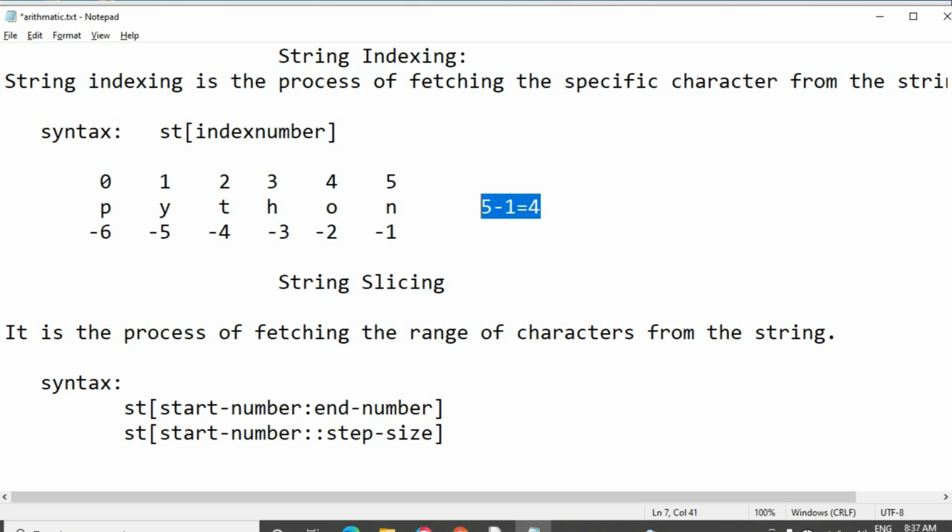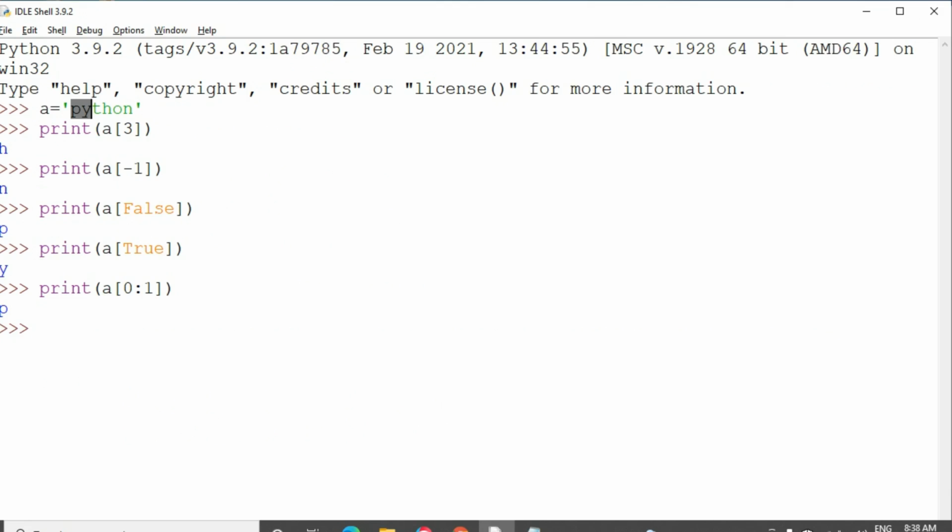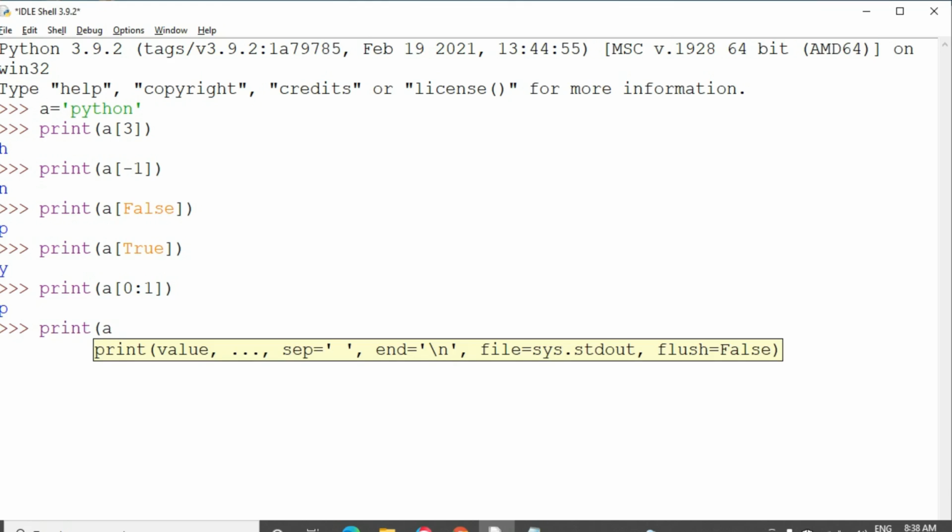These 5 characters will be fetched. That's the reason behind this. If we give the end number n, the program will consider n minus 1, and up to that character will be displayed. So here 1 minus 1 equal to 0, so only the 0th position P will come.